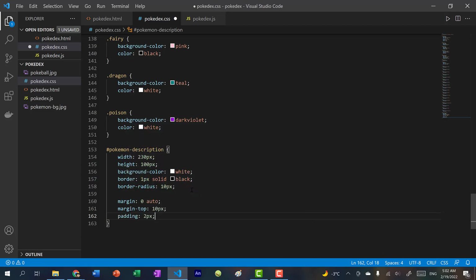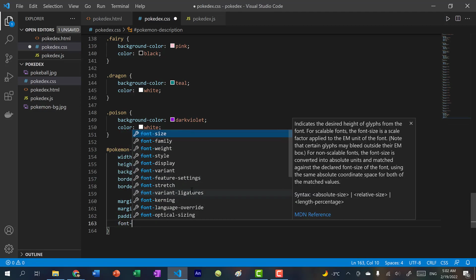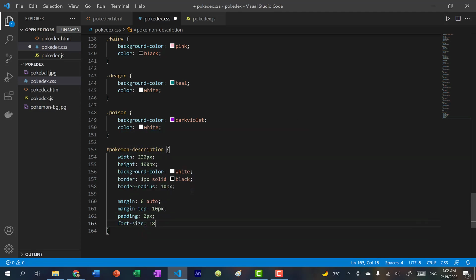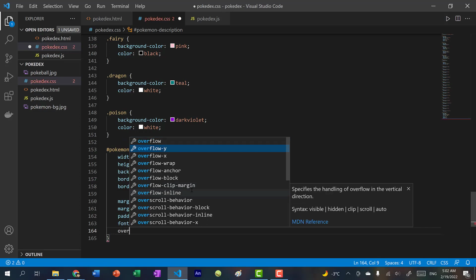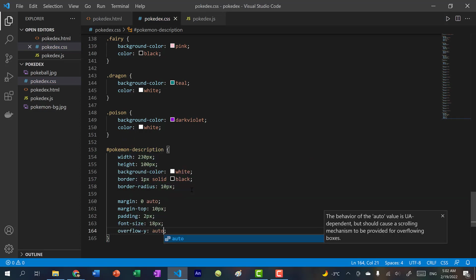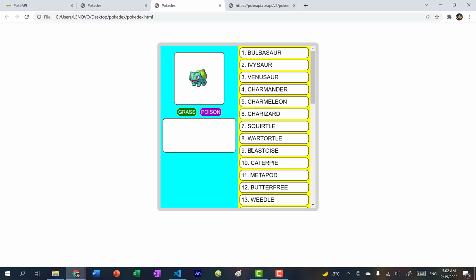Padding, I'm going to add 2 pixels so that the text isn't touching the edges of the box. Let's make the font size a little bigger, so 18 pixels, and I'm going to set an overflow-y of auto so that it is scrollable. Alright, so if I refresh, you can see we have it right in the middle. We have rounded edges and we have a scrollable description box.